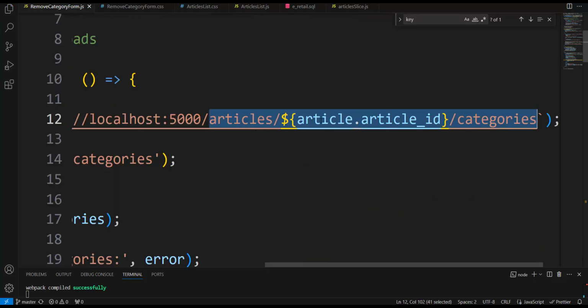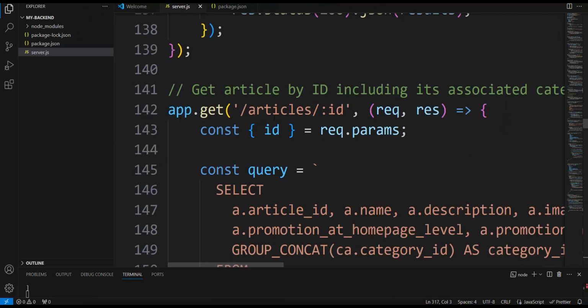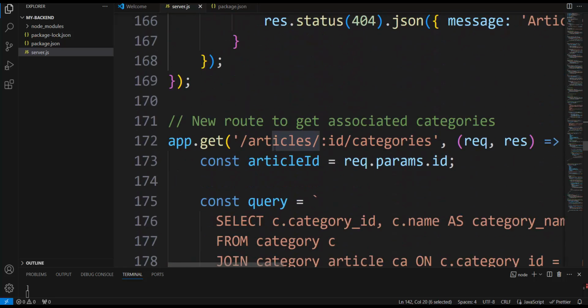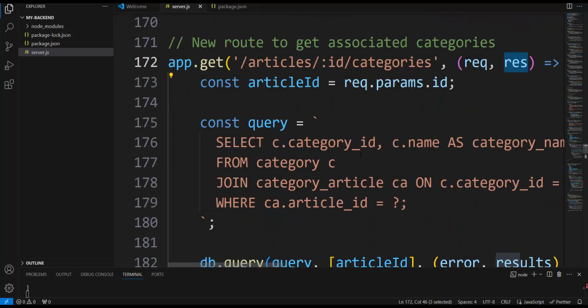We call this article ID categories. It does not need categories. To get the associated categories, look, the new route directly requests them. Here is a request, here is an object response, and here in this query,